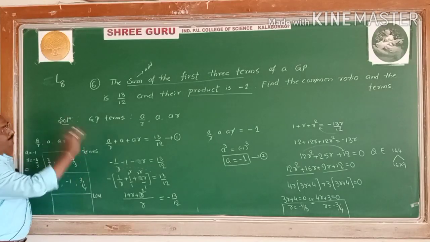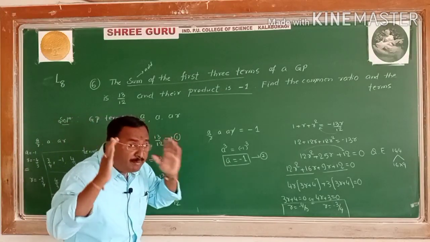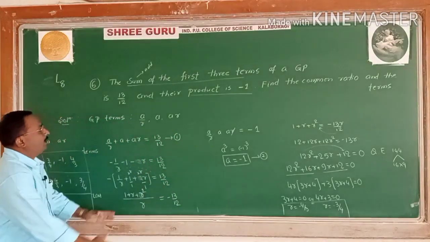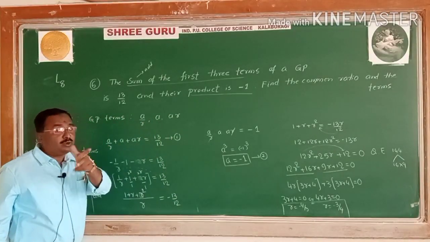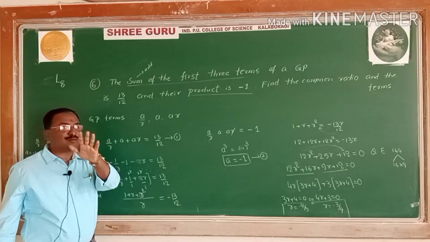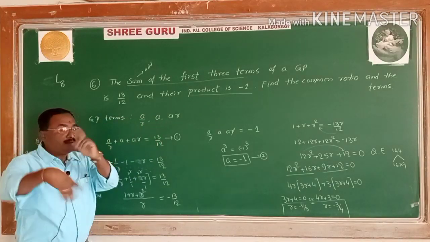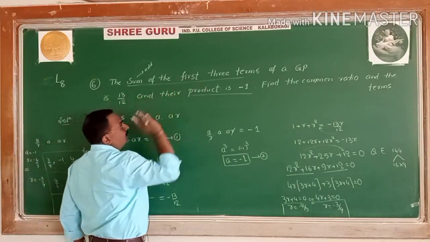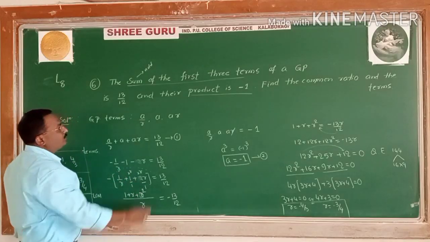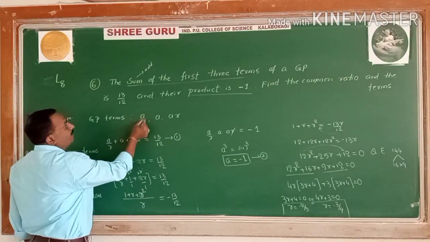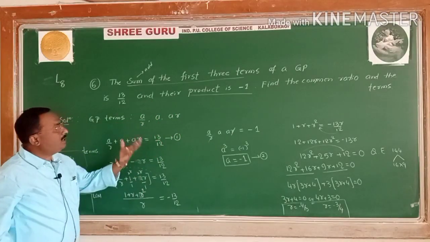Any doubt? Listen here. Keep in your mind, this is one very important condition. What is the first term of the GP? This is to be written carefully. Don't make mistakes. A by R, A, AR is the sequence. Sum of the terms is there. But here the first 3 terms of the GP, the common ratio should be the same, maintain it. A by R, A, AR, these are the first 3 terms of the GP.